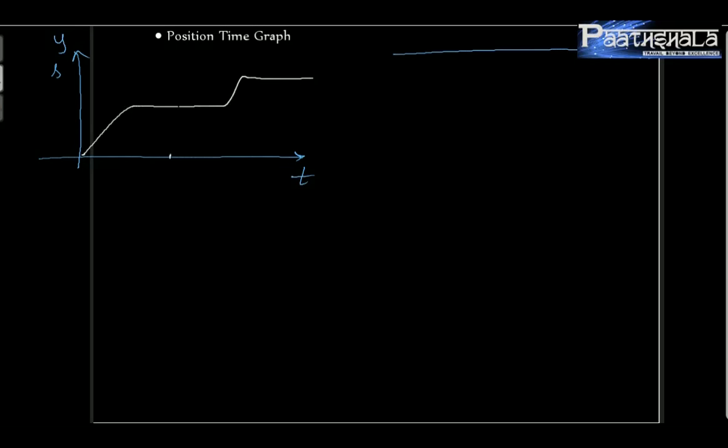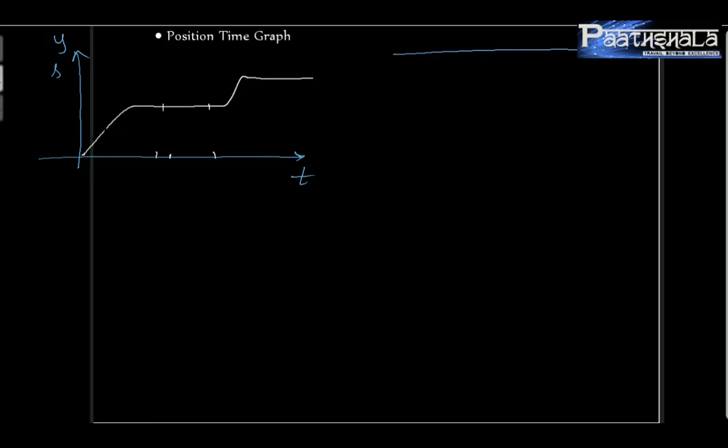So it can't be one-many, but it can be many-one. Basically y can have multiple values for different times, but not multiple values for the same time. Many values of t can correspond to the same value of position, that's okay. So in this position versus time graph,